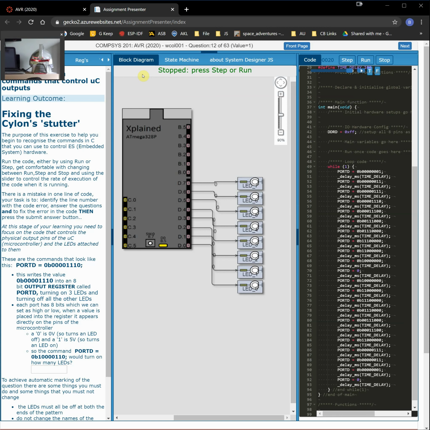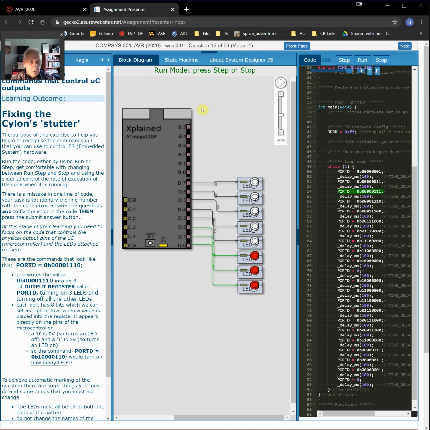Now I'd like to start you with 32 LEDs, but that's actually a bit complex. I want to start you in a different scenario. For instance, I might start you with a baby Cylon device which only has 8 LEDs. So we're going to look at a little 8 LED Cylon device program. So let's go back to our little 8 LED Cylon device, and I'll run this now, and you can have a look at this program,